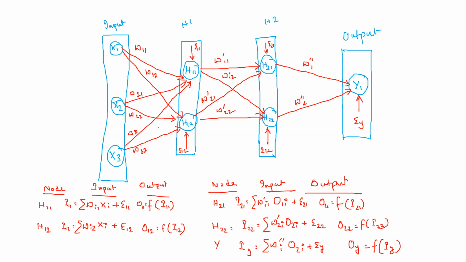So as long as I have W1, W2, all these values, W11, W12, W21, W22, and I already have, what do I have in my data set? I have X1, X2, X3. These three values I already have in my data set. Somebody gives me W values, I can calculate Y. And then I can compare that Y with the actual Y. So whatever is the output of this guy,